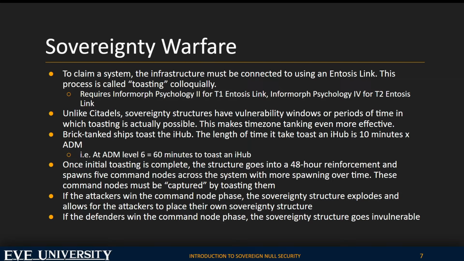Colloquially, using an entosis link is called toasting, which is how I will refer to it moving forward because it's so much easier to say. To use an entosis link, you need Infomorph Psychology 2 for the T1 version, which is going to be on ships like, you could put it on a T1 hauling ship, right? So just like, you got a Sigil or whatever. Infomorph Psychology 4 allows you to use the T2 entosis link,